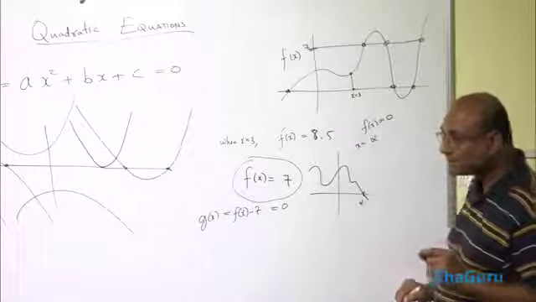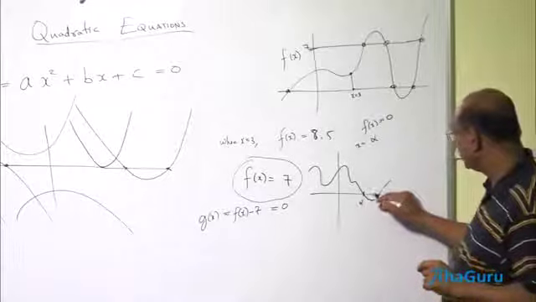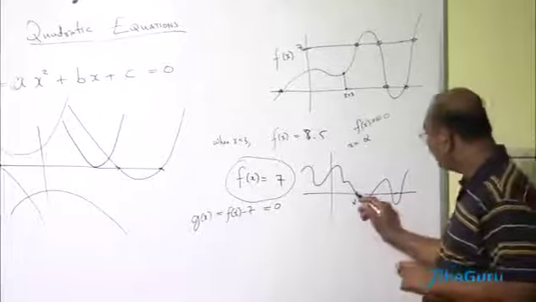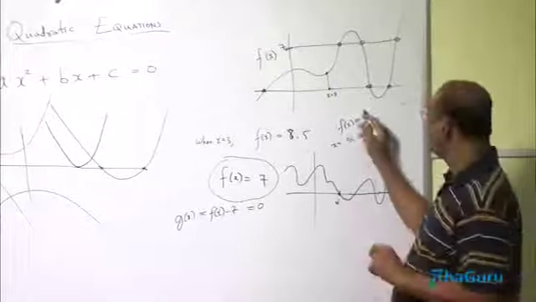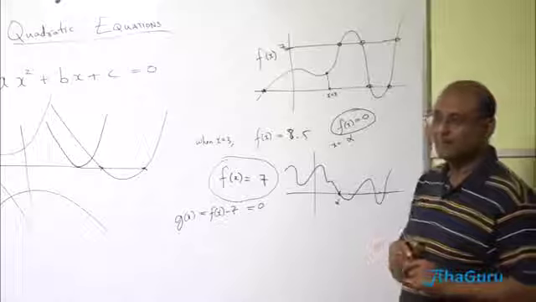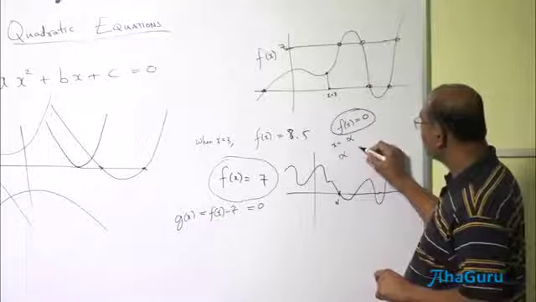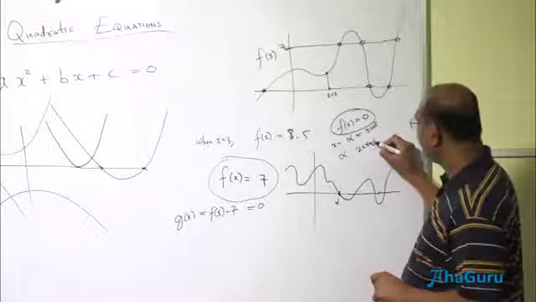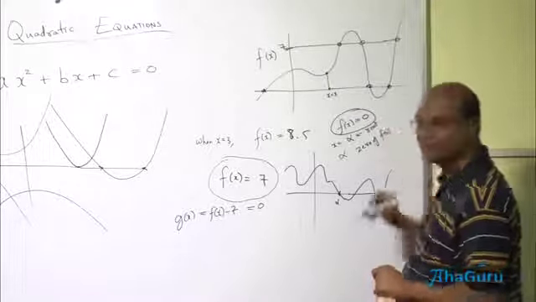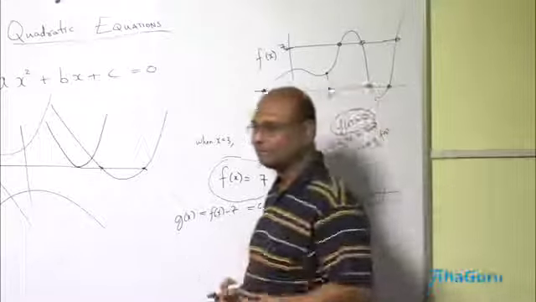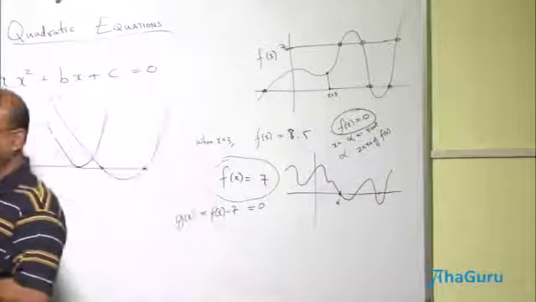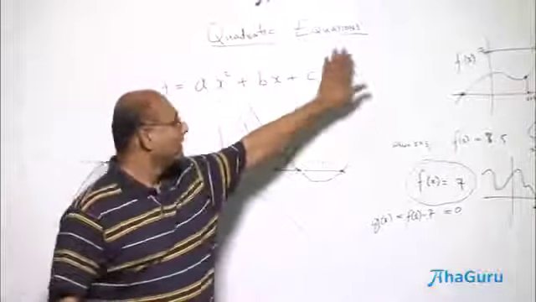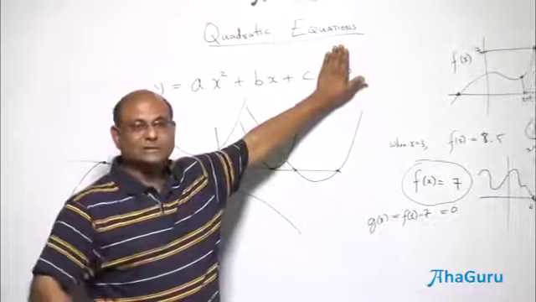It may not be the only place, it may be one of the places, it may cut many more times. Okay, now alpha is a root of this equation. Alpha is also called the 0, so it is the root of this equation. It is also called the 0 of f of x. It is a place where f of x becomes 0. But you know, for a polynomial, for example, you don't say what is the root of a polynomial. You say what is the root of an equation. Without this, this is a polynomial. So what is the 0 of a polynomial?